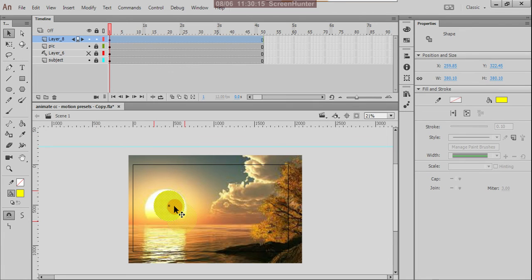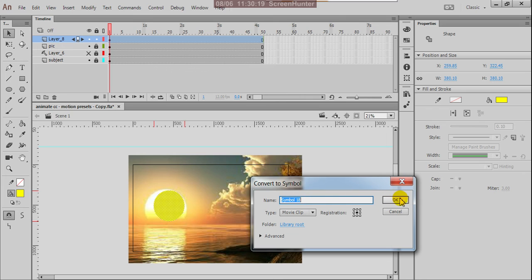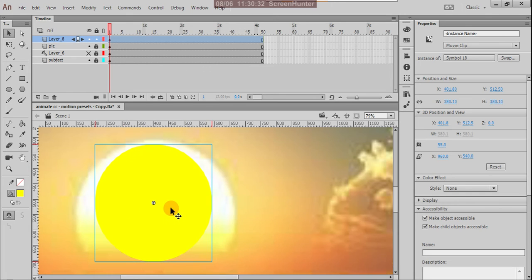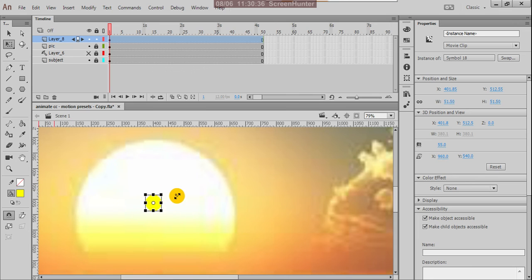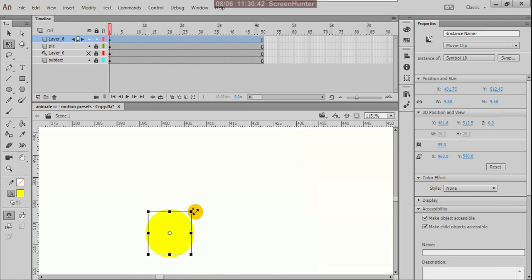Okay, you can right click this and convert to symbol. Okay, and now what to do? You can make it a smaller size, more small size.